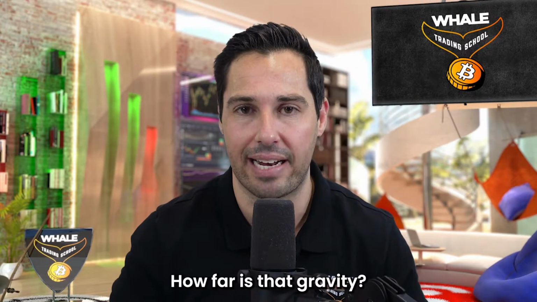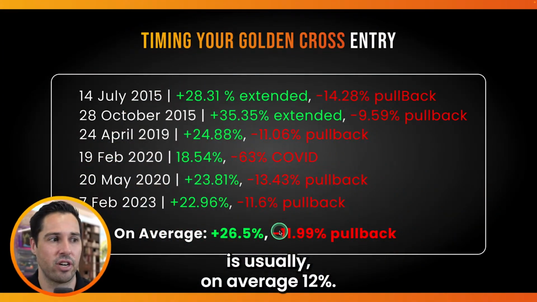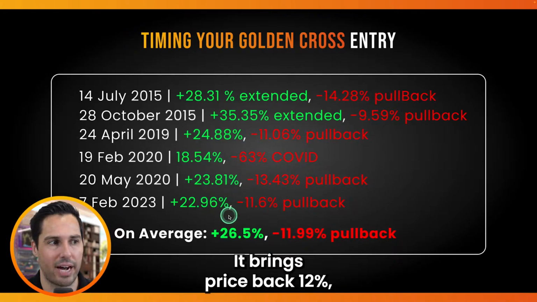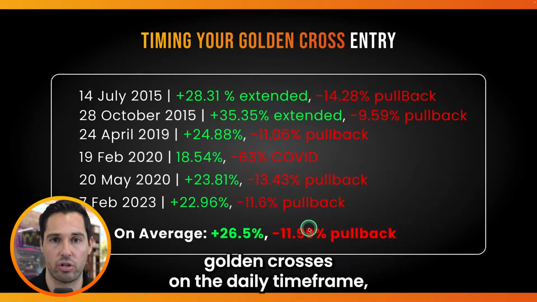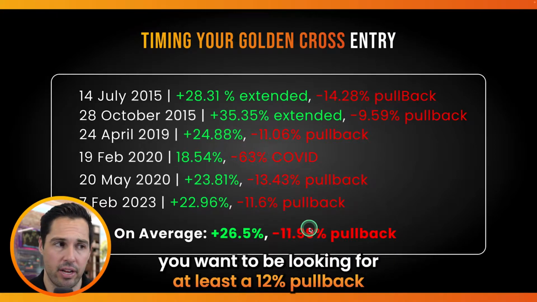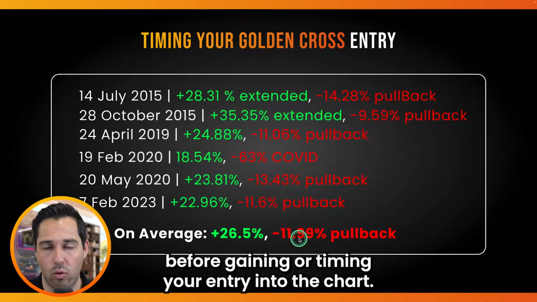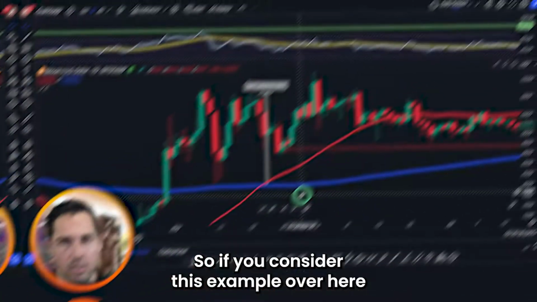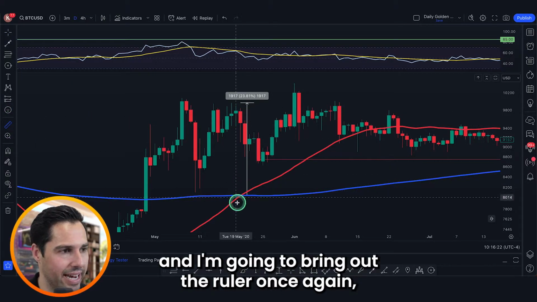How far is that gravity? Well, the gravitational pull is usually on average 12%. It brings price back 12%, which means anytime that you see one of these golden crosses on the daily time frame, you want to be looking for at least a 12% pullback before gaining or timing your entry into the chart. So if you consider this example over here, and I'm going to bring out the ruler once again,